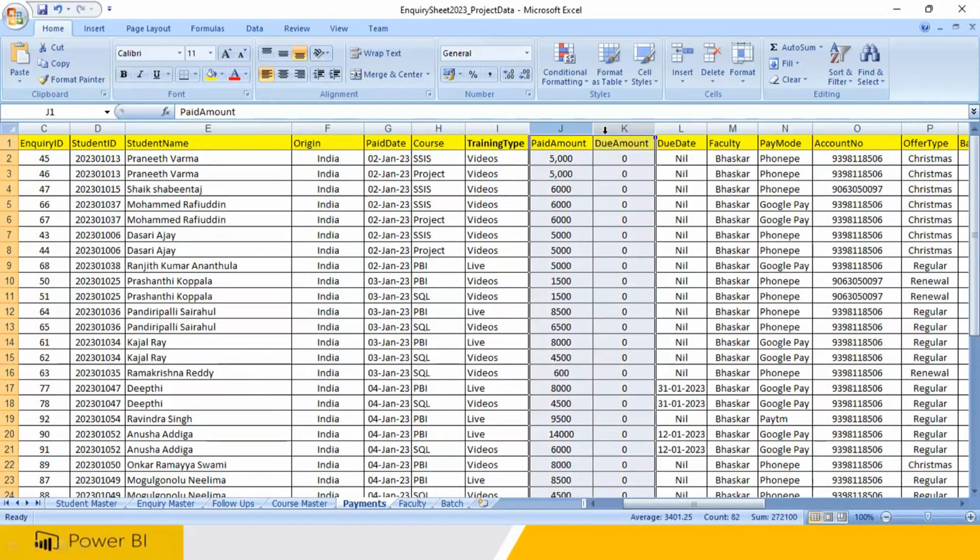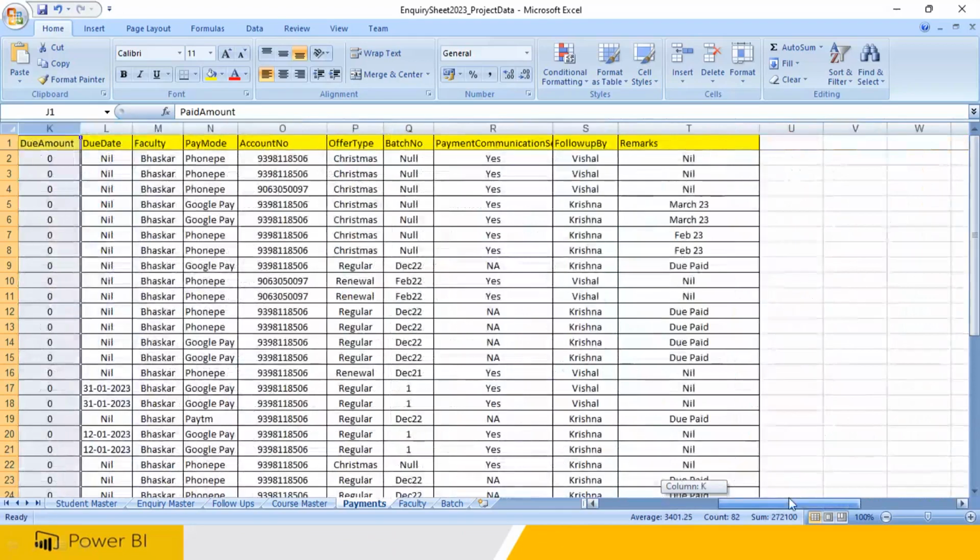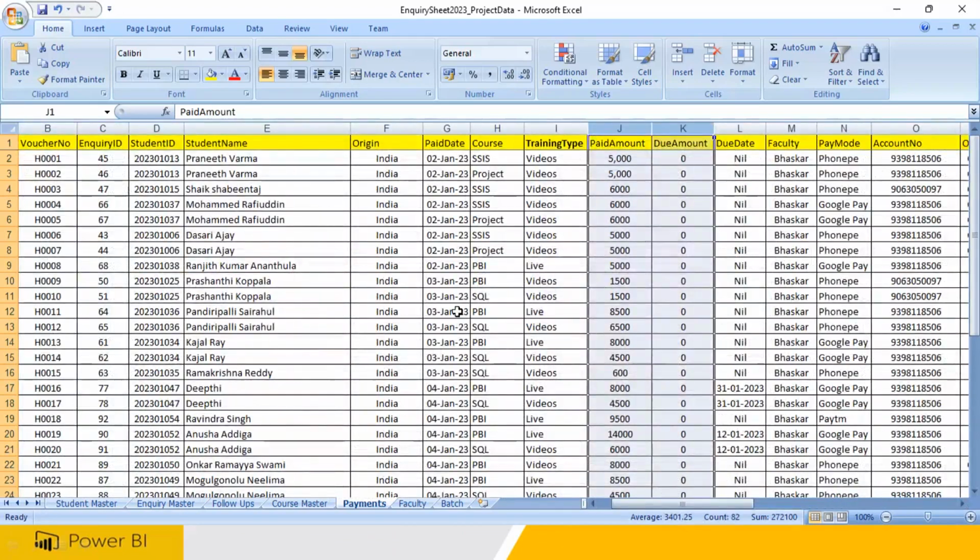I don't have any discount column here, I don't have any tax column. But if you have a discount amount column, for example, the fee will be 30,000 but you paid only 20,000. So what is the discount? The discount will be 10,000. So what is the total discount being given? That data we are not capturing here. If you don't capture the data, tomorrow you will not be able to gather the requirement when the customer says that I also want the total discount given